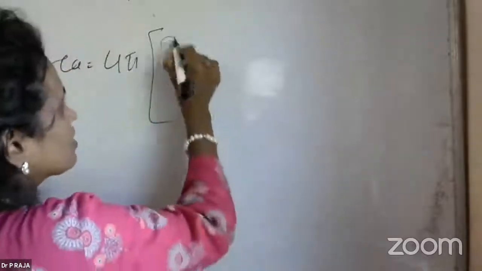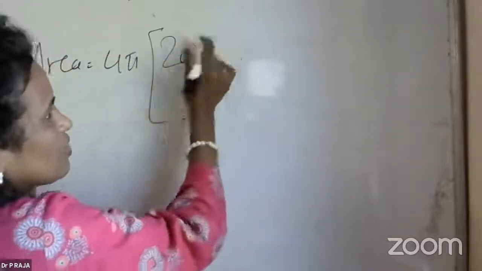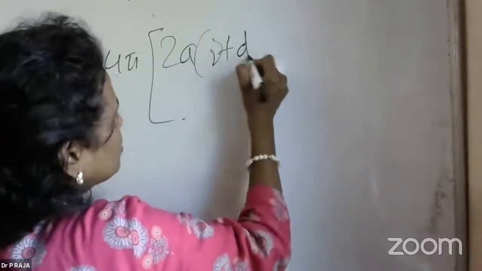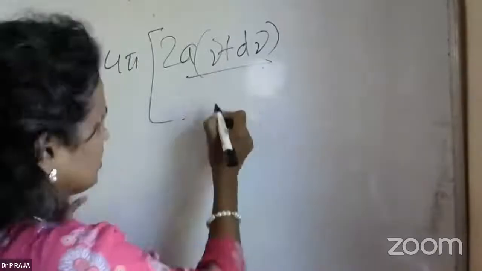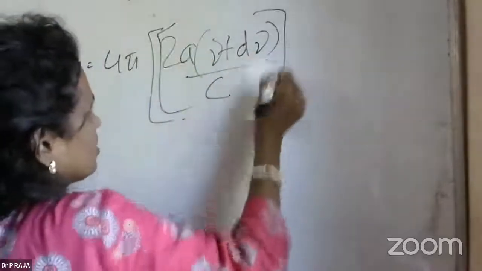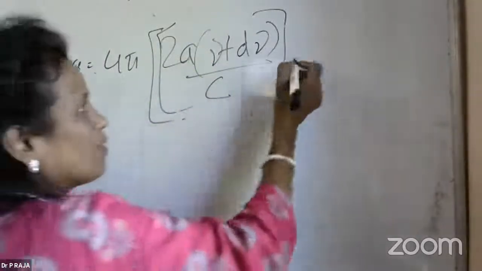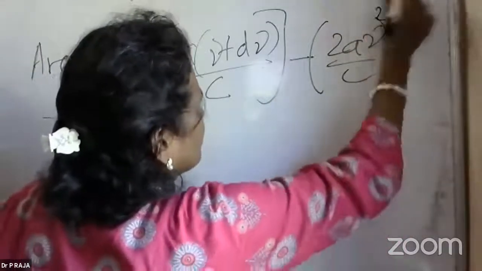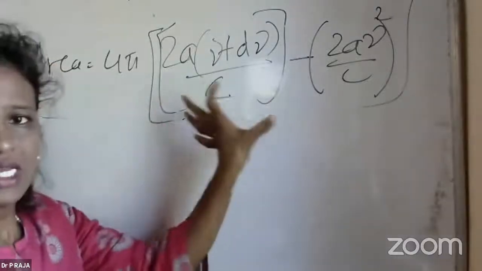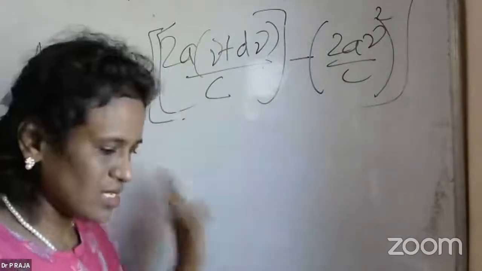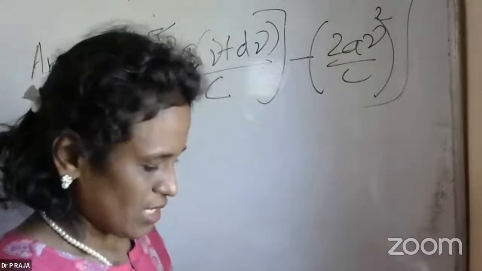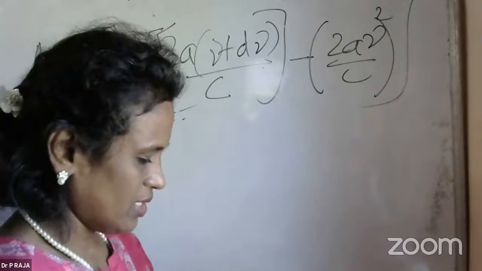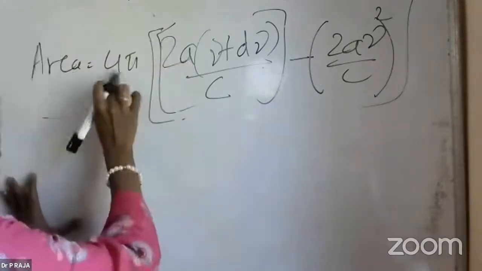So let's find the difference. This is the radius of the last circle, nu plus d nu by c, the whole square. This is one radius minus the other radius, which is 2 nu by c. The difference of these two is 4 pi r square, that is r2 square minus r1 square. Now if we square this equation and simplify it,